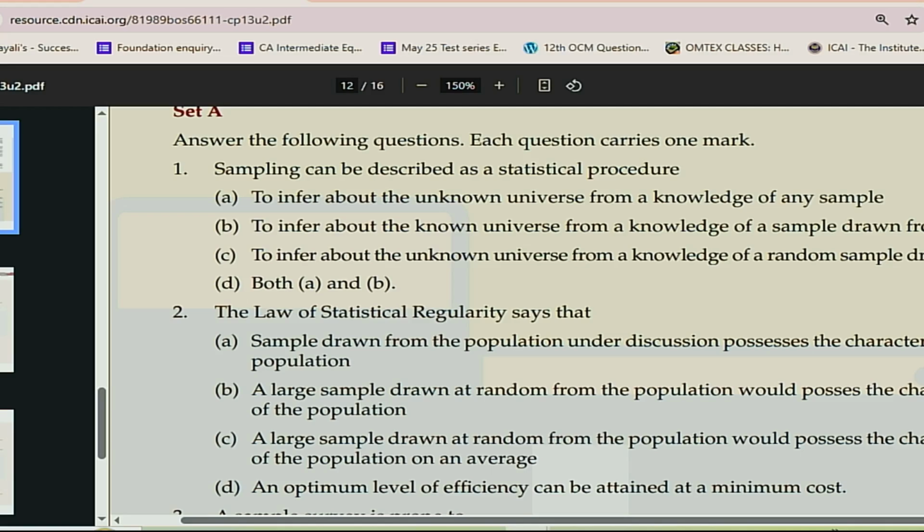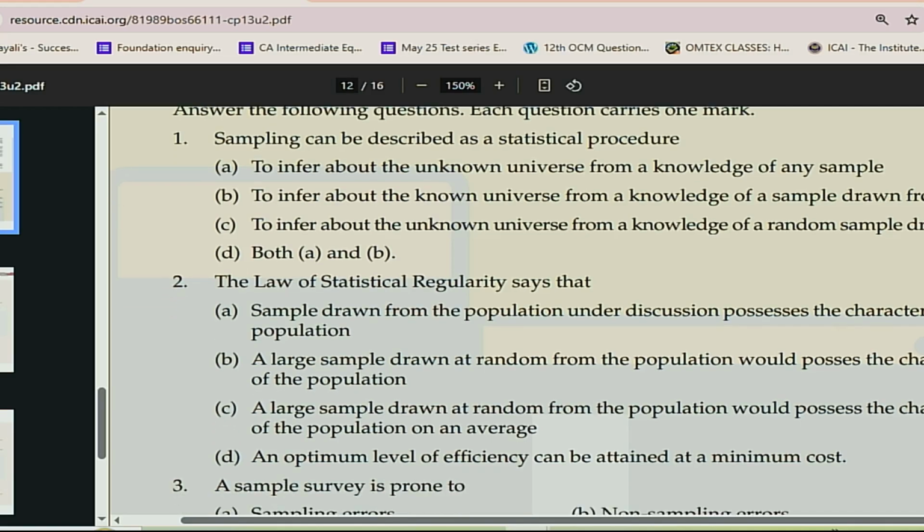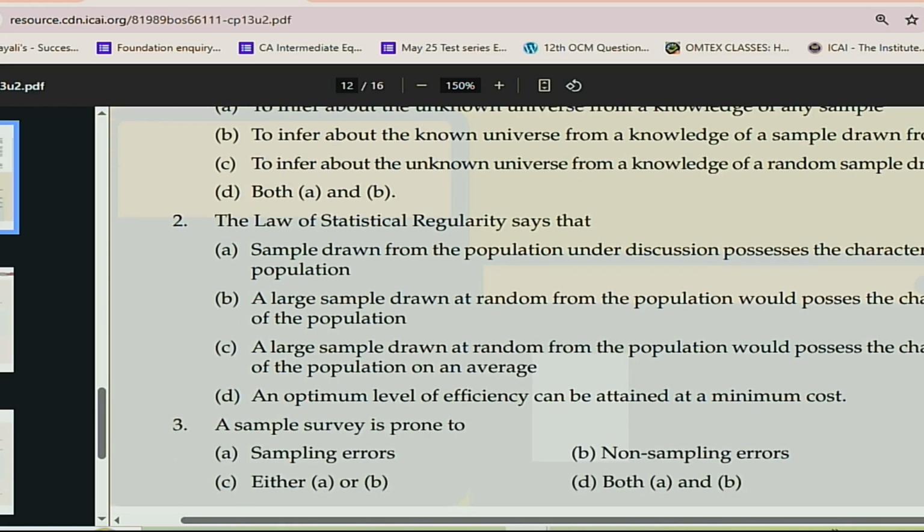Okay, option C is the correct option. Question 1, option C. Question 2, law of statistical regularity says that, option C, a large sample drawn at random